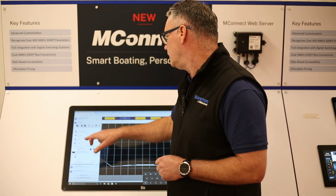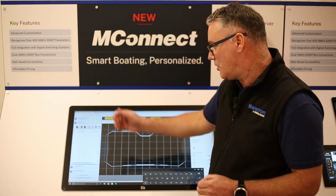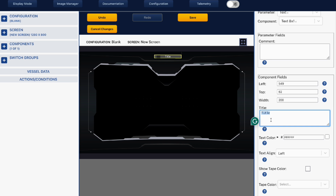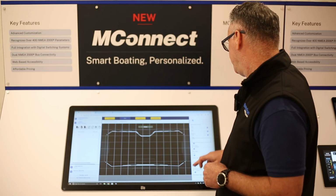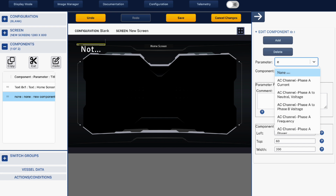Once we've done that, we can close this off. So now you see we've got a screen that's named home. Now what we would do is we would add, or in fact with this one, we will edit this component and we will give it a title. So this would be the home screen. Okay, and then what I would do is I would add another component,